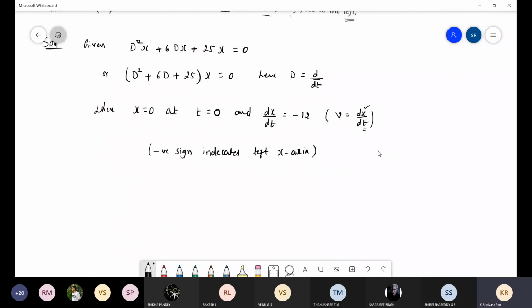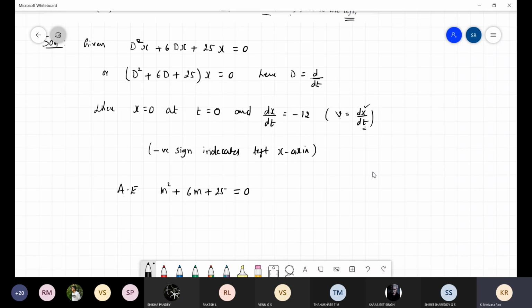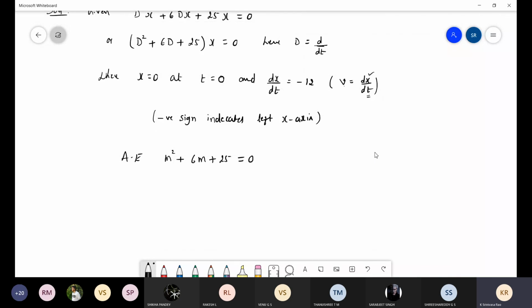Now the auxiliary equation: m square plus 6m plus 25 equal to 0. Is there any option for factorization? Are there any factors of 25 such that the product is 25 and the sum is 6? No, sir. Then you should go with the formula, where a equals 1, b equals 6, and